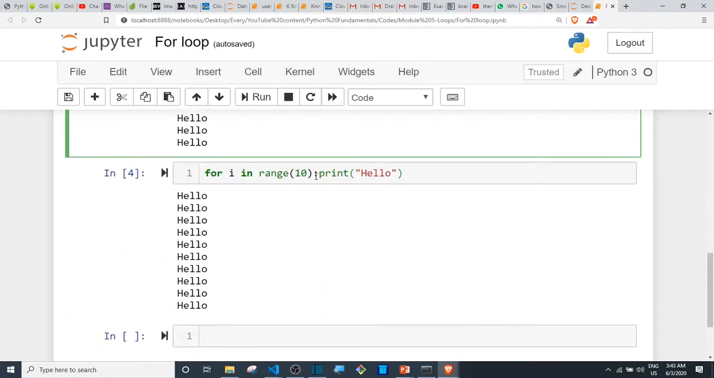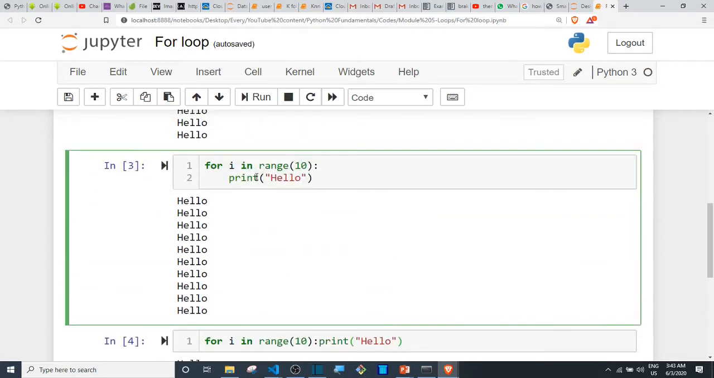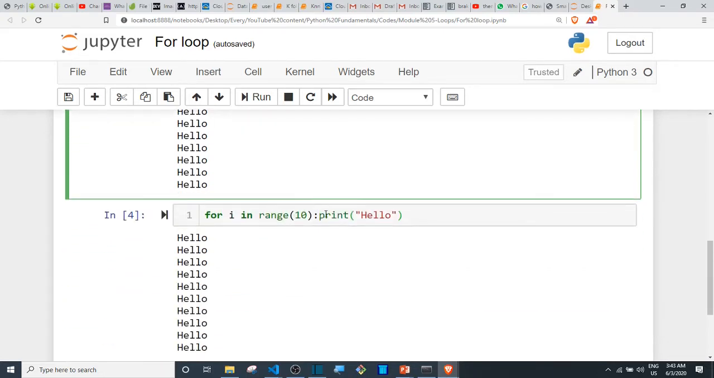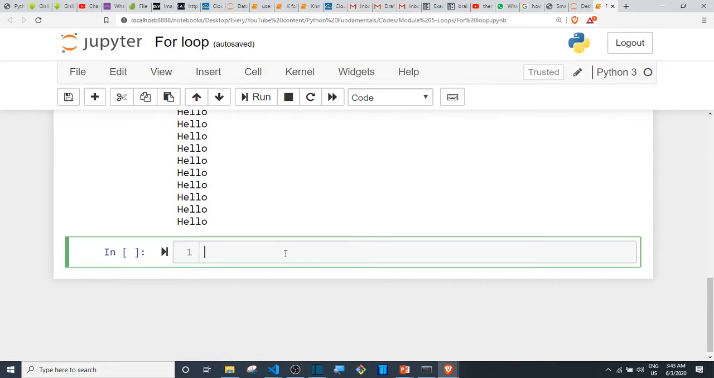We also said that we can do it in one line if you have just one statement. Instead of having 2 lines here, everything can be in one line since I have just one statement within this for loop. Okay, so now what we want to look at is how we can use the for loop